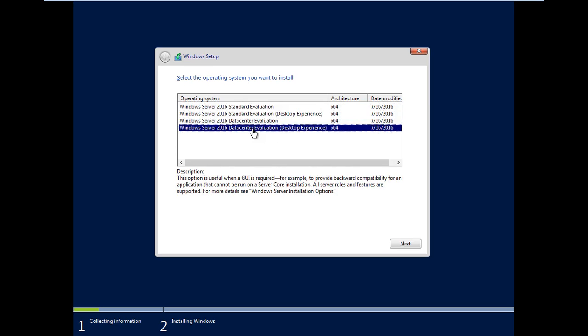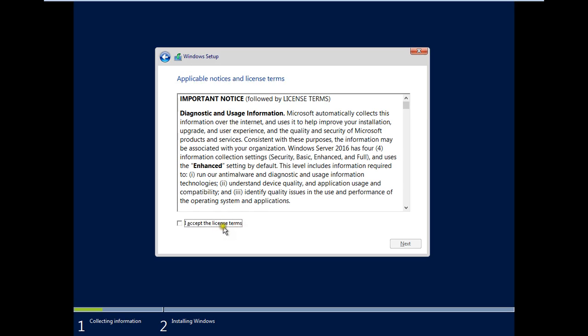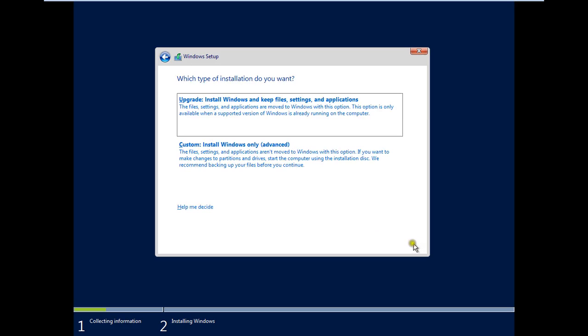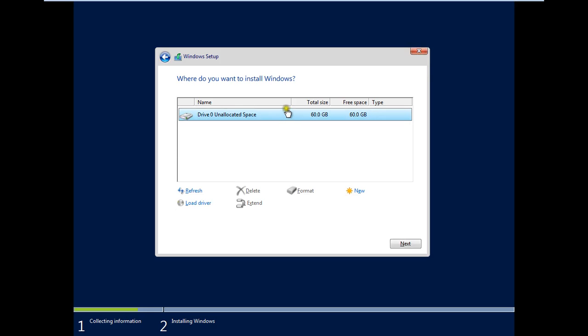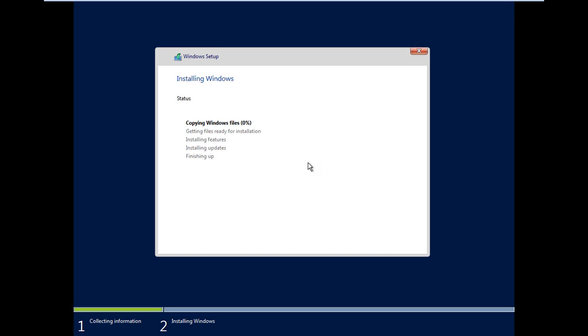I want to install datacenter GUI, graphical interface, so I'll install this one, next. I accept the license agreement, next. And here I'll click on custom install Windows only, and I want to install in this partition, so just click on next, and the installation will begin.